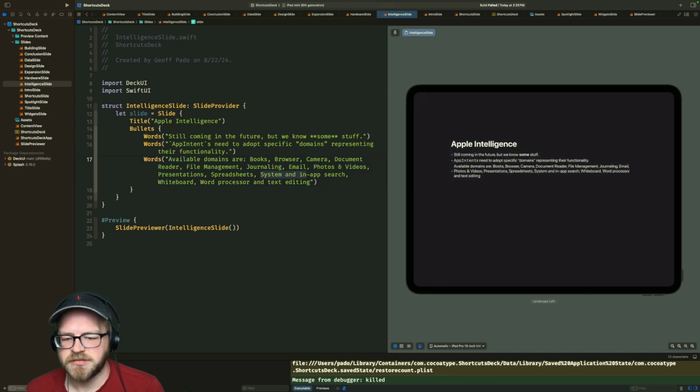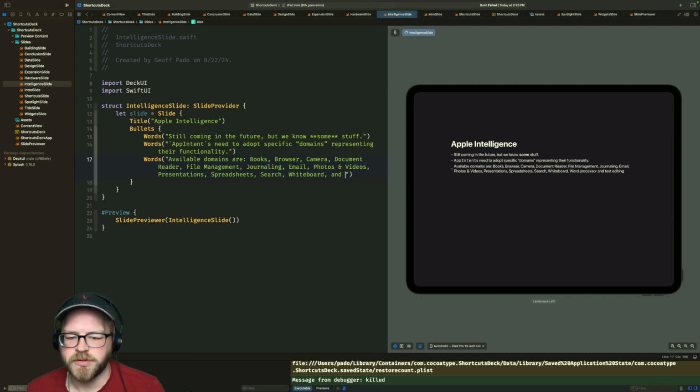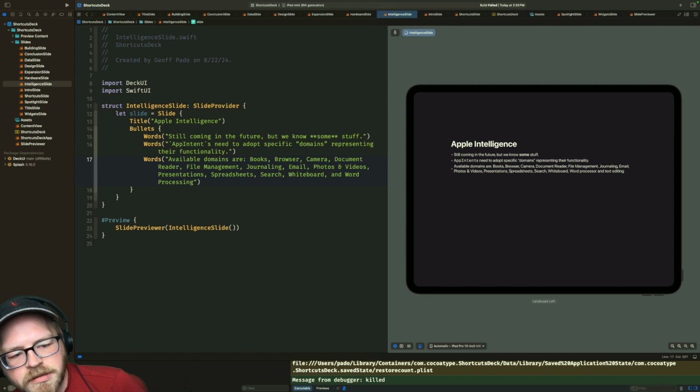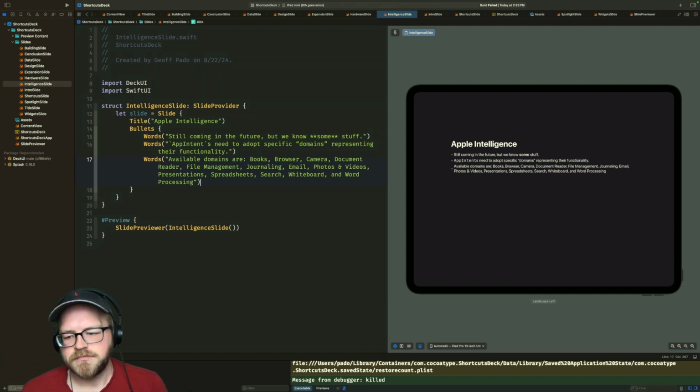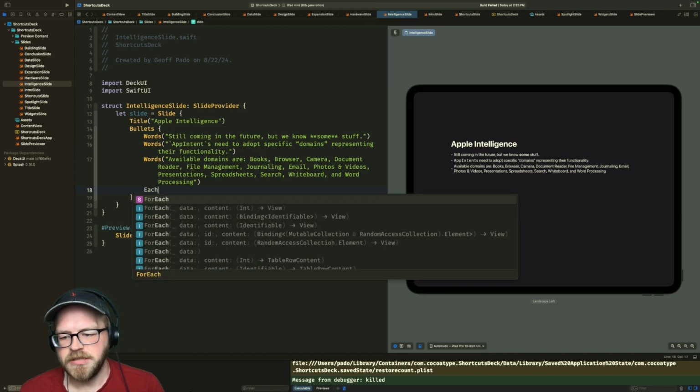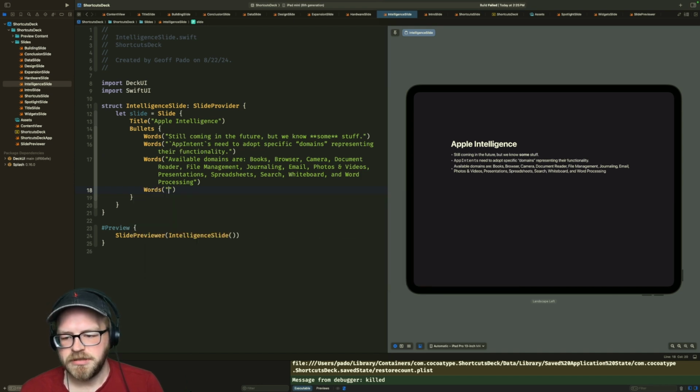I'm just going to make that search. Whiteboard and text editing. We just make this word processing. Each domain has a set of defined actions.